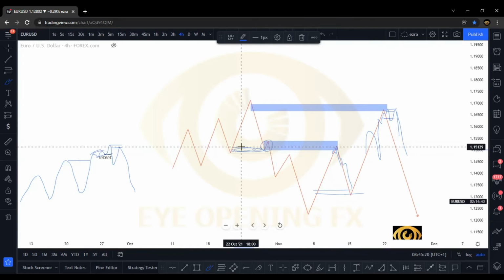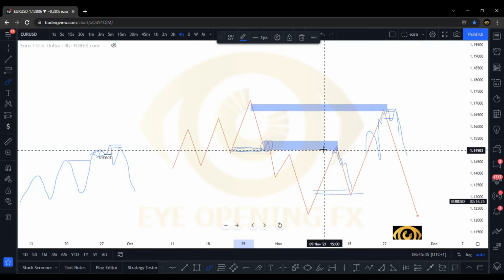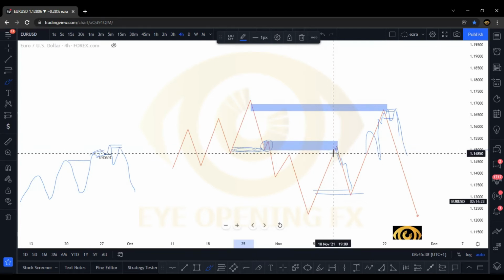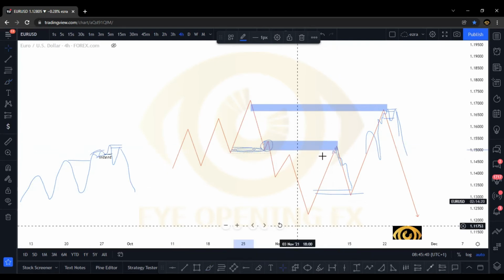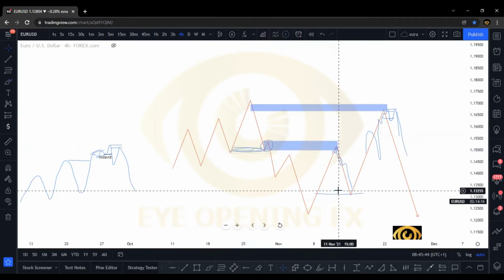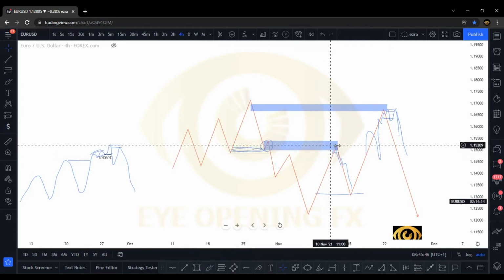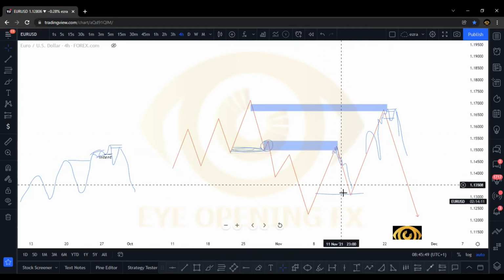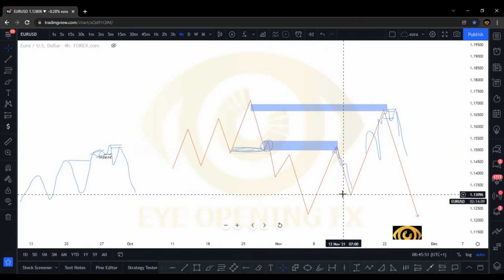But when it's a proportion block, because a proportion block has more demand in it and a lot of orders on it than a normal SC candle, it can easily push price to create a lower low. Sorry, it can push price to create a higher low. So this is a good point of interest you can use to trade the electrocorrective wave for the market to create a